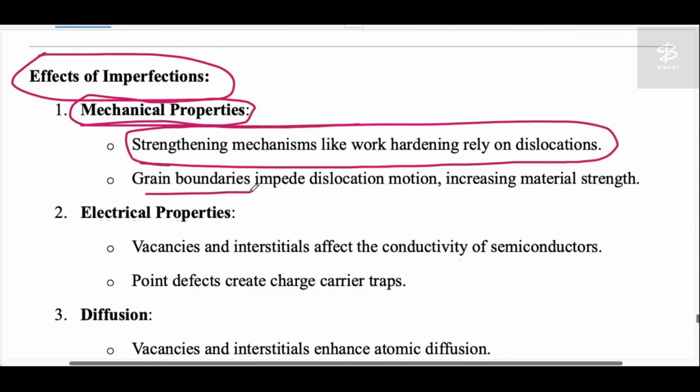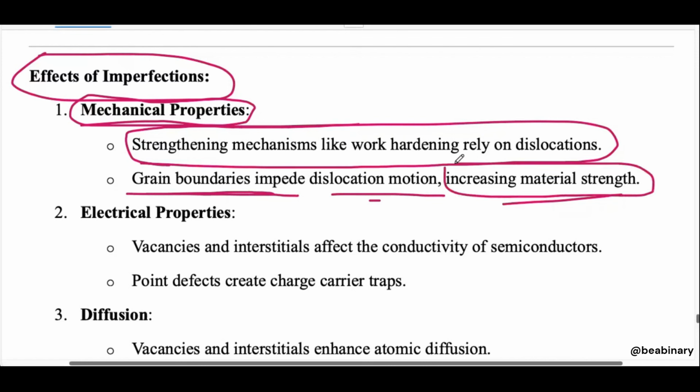Okay, grain boundaries impair the dislocation motion, increasing the material strength. So grain boundaries impair dislocation motion. If they stop the motion, then it will increase the strength. Okay,